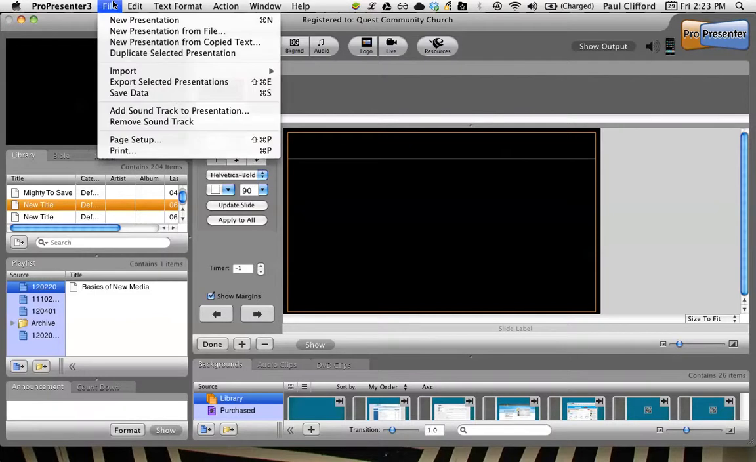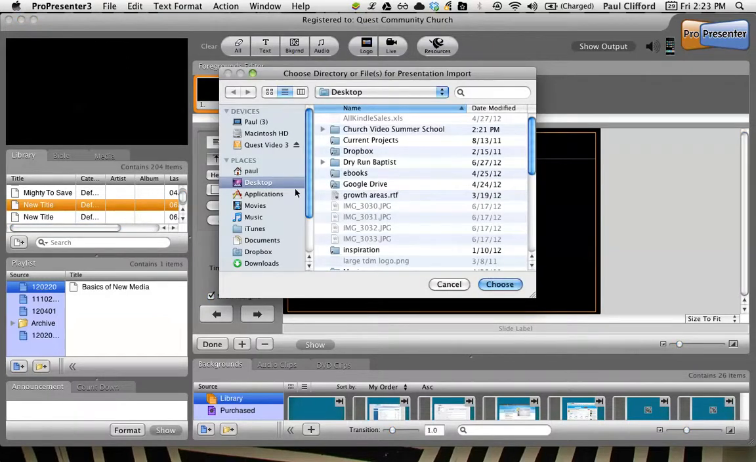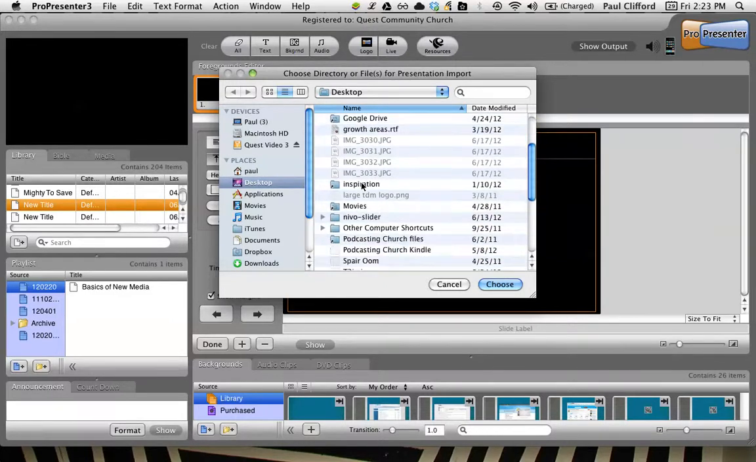So now if we go to File, New Presentation from a File, we can do this and then go to where we have our notes already created. So if the pastor or speaker or whoever has already created notes, have them save you out a copy as a text file. So let's go to my desktop, and I have created something in